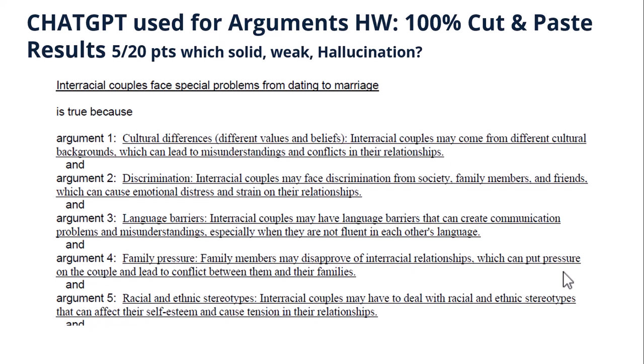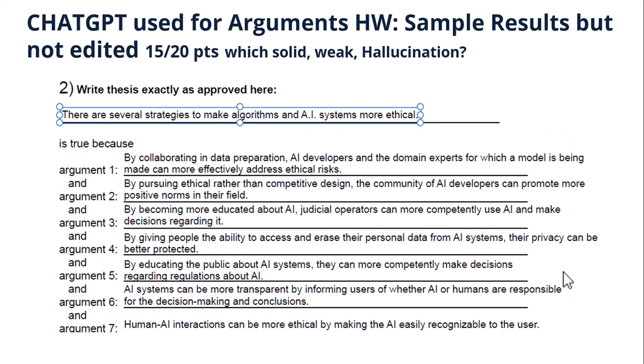Why are they strong? Which are weak? Are any hallucinations? So results are actually not bad, but the lack of critical processing and critical thinking and the lack of using the best practices of information and media literacy are lacking here. So this is a better version of that, where there is paraphrasing, there is at least attempt to answer in sentences towards the thesis and support, 15 out of 20. But again, my one complaint here is that it's still cut and paste. So better, but not a solution.